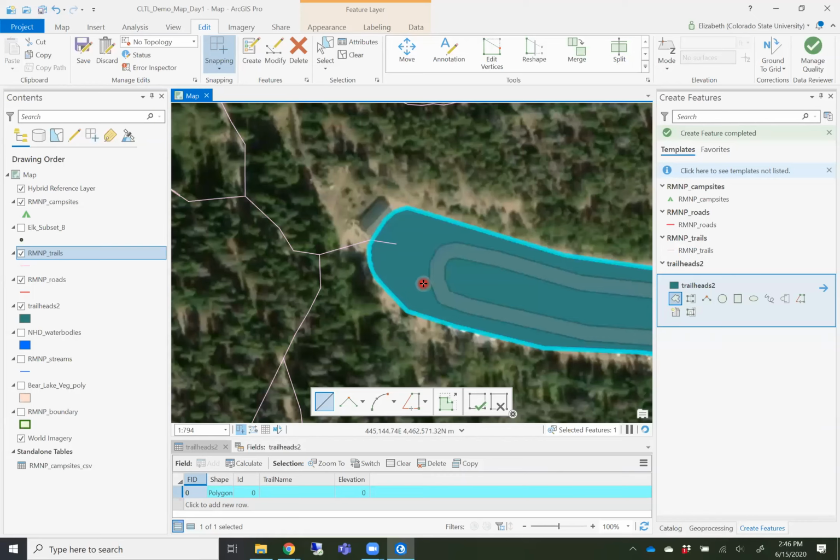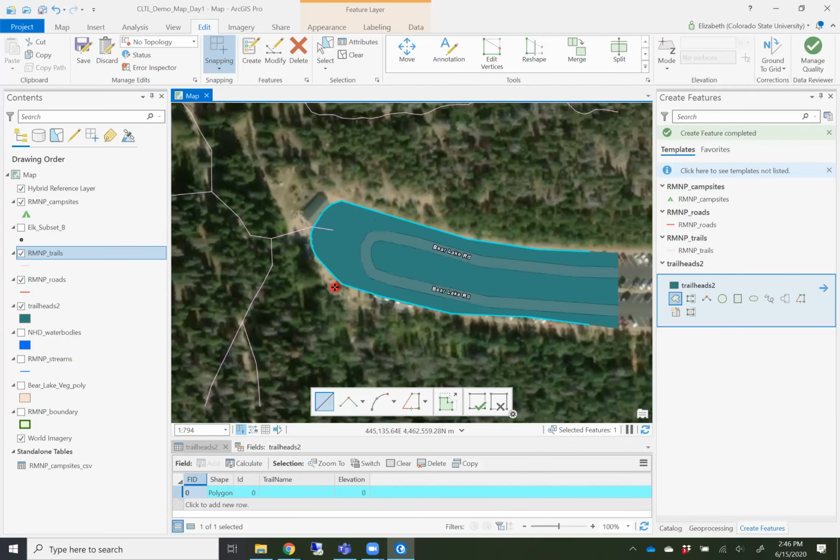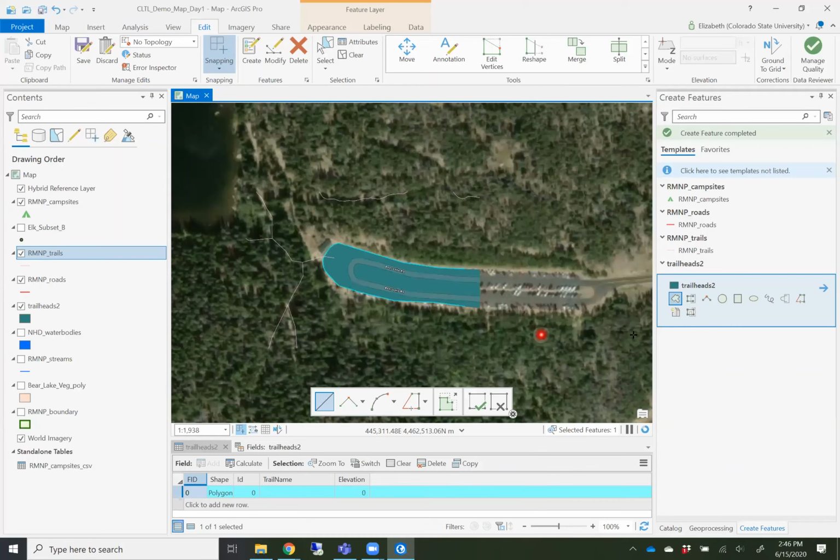Hello, there it goes. Now I have my pan tool back. Now I can click with my mouse and pan the map. So holding down Z will let you zoom, holding down C will let you pan. And this is kind of neat because when you're in editing mode, if you're in editing mode and you need to move around,